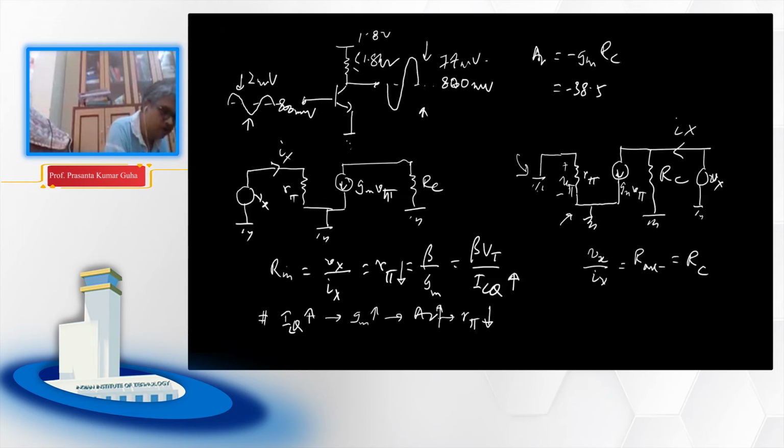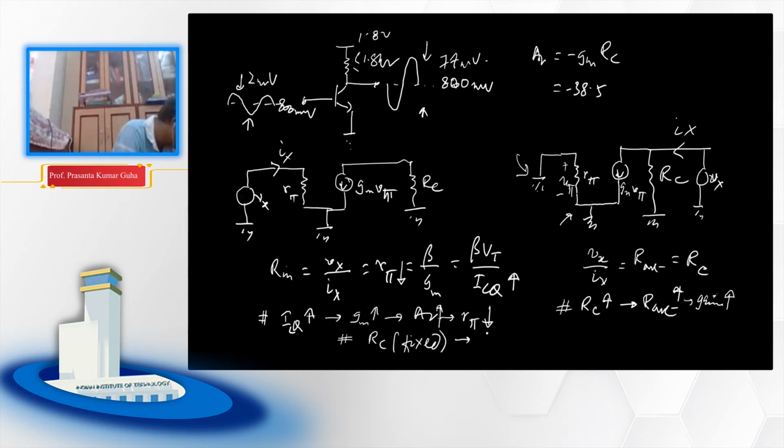So if you increase your RC, your R out is going to increase. Sorry, your gain is also going to increase. However, we don't want R out to increase, right? We don't want R out to increase. What will happen if we keep our RC fixed and increase the voltage gain? This is another point you should note. And the third point you should note is, if RC is fixed, whereas you increase your gain, if you increase voltage gain,